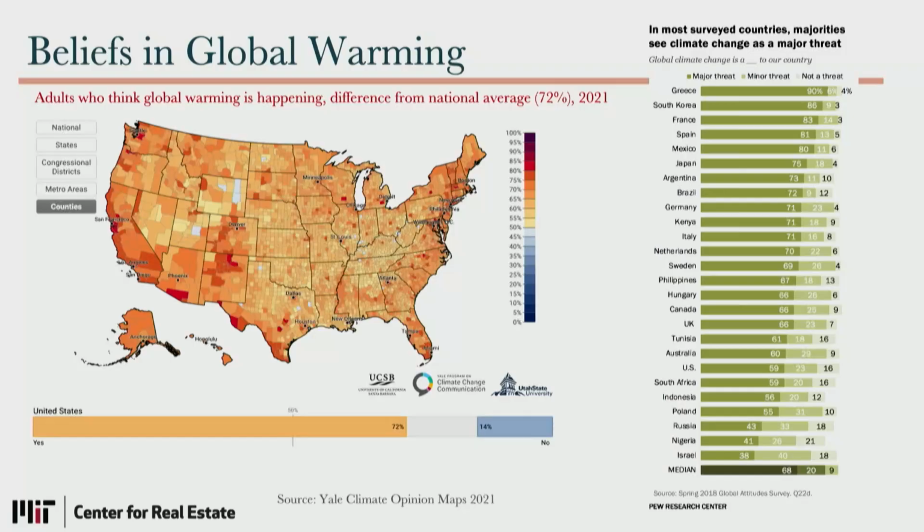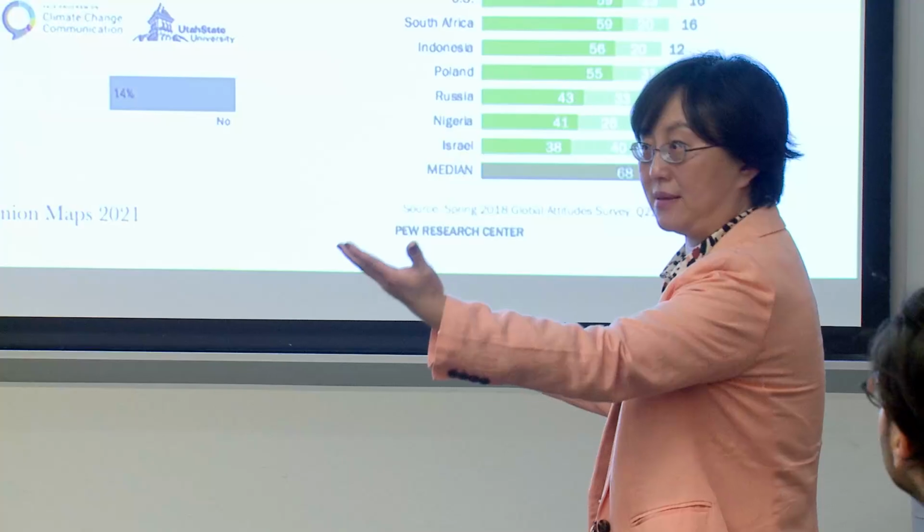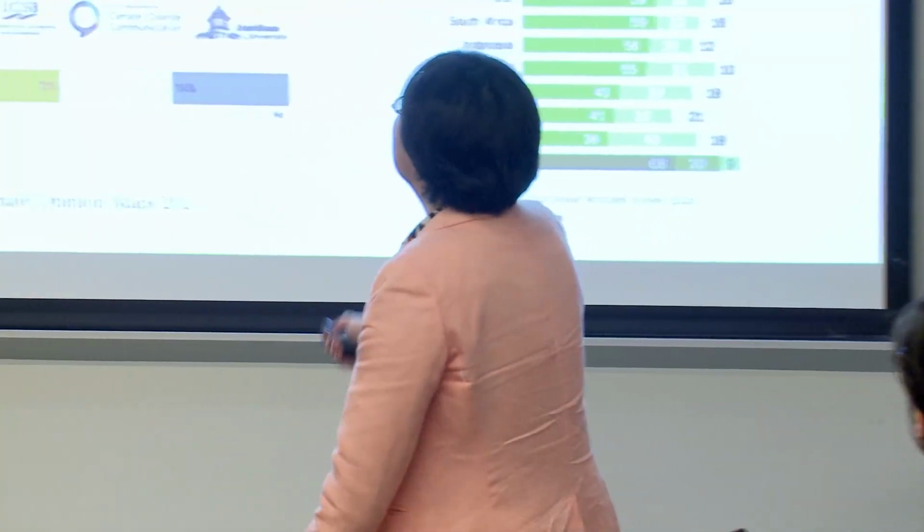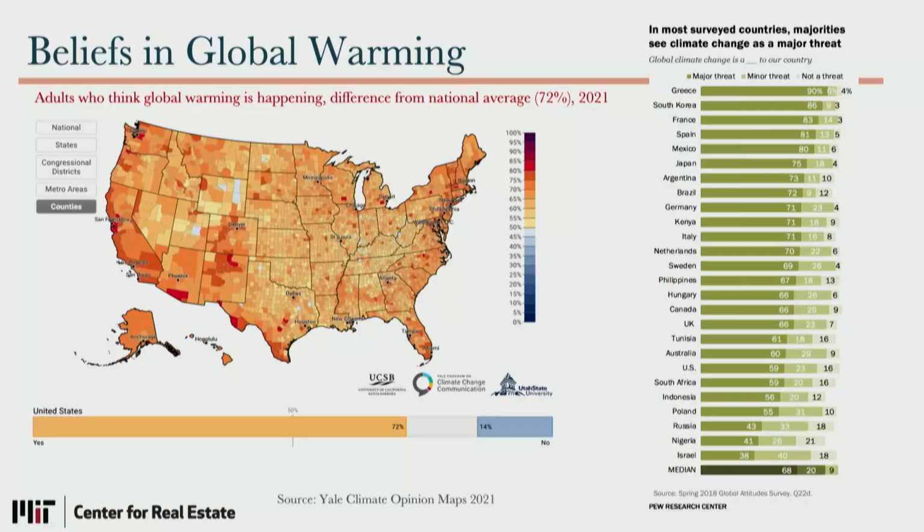And then you go to the county level. Now this is a county-level view. You see the county and the metropolitan area, with states aggregated. Then they go there, they interview, and they have a bunch of questions. And then you have this map. They provide indexes, and we can always use these indexes for our own research. So this is 100%. They have many, many questions, and this is one of them: adults who think global warming is happening.